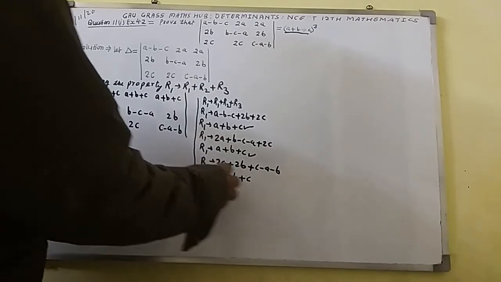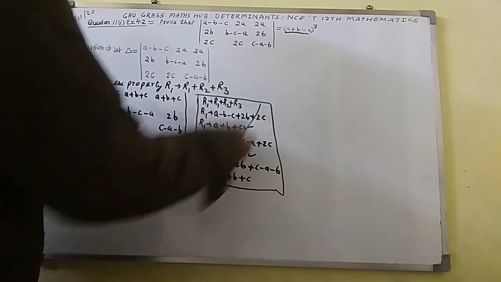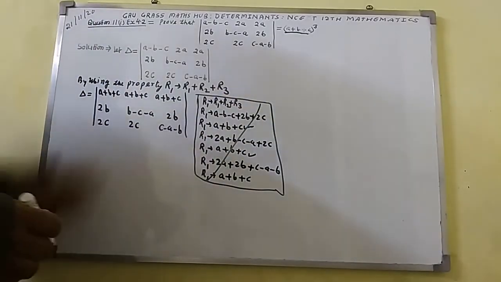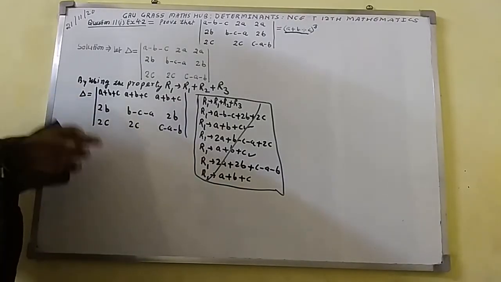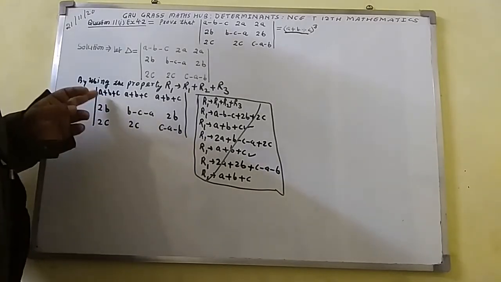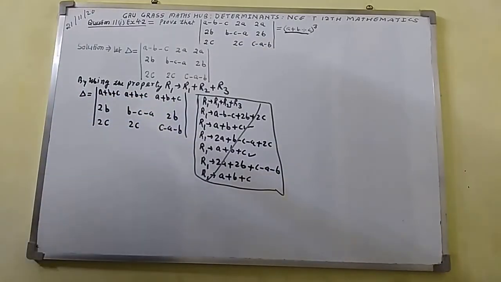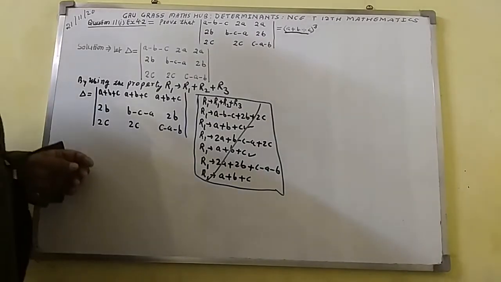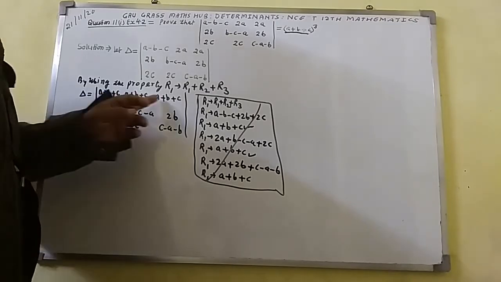I am going to enclose this rough work in a box and draw a line here. This thing you have got here. Here you can see a new determinant I have formed. The elements of the first row I have got are A plus B plus C, A plus B plus C, A plus B plus C. Then in this determinant, you can easily take A plus B plus C as common from the first row.